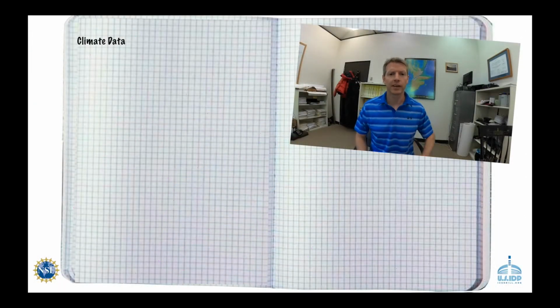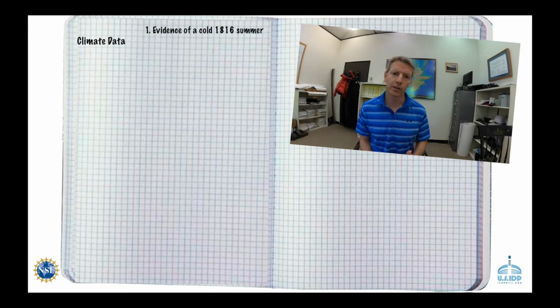So if we're going to be looking at scientific data, we're going to need to take our notebooks out because we're going to be writing the data down, we're going to be plotting it up in a chart, we're going to be taking some notes, and then together we're going to see if we can figure out this climate puzzle of the summer of 1816. So pull out your notebooks, and let's start off at the top of the left-hand side of the page. We're going to list our goals for this exercise.